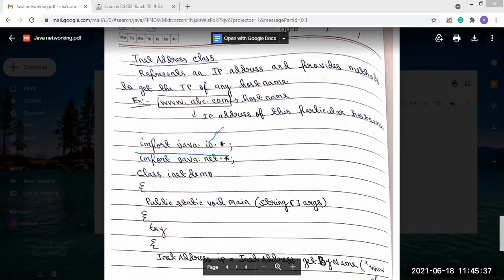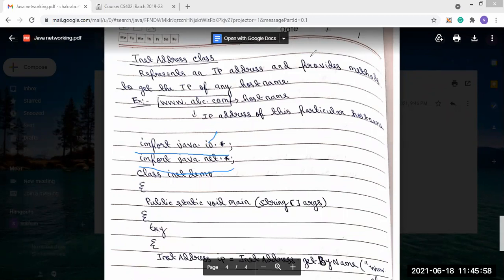Then another package we have used is java.net.*. Importing the java.net package imports all its classes into our class. That's why we use these two packages.